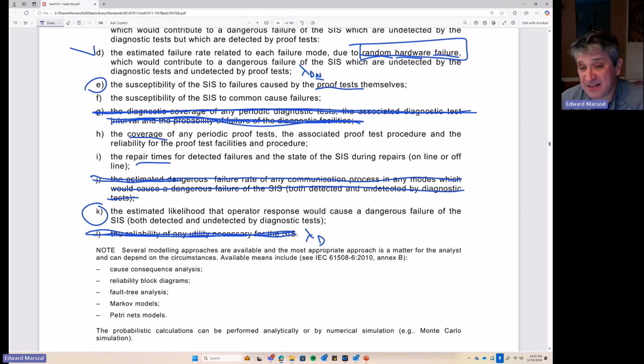Okay, everybody on the 61511 committee just said, yeah, we're going to get rid of this clause because we don't think that you should be including a human being in a SIL anything loop, because we don't believe that a human being is suitable even for SIL 1. If a human being is your logic solver, we don't think that you're going to get a risk reduction factor of 10, which is not SIL 1. 10.1 is SIL 1. You know, it's got to be greater than 10, not equal to 10. Equal to 10 is a LIPL, low integrity protection layer.